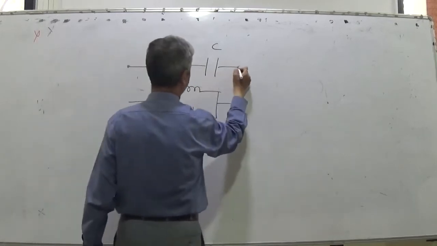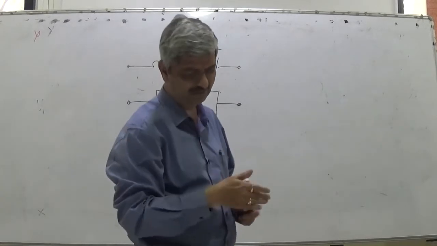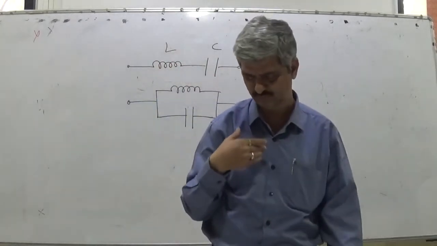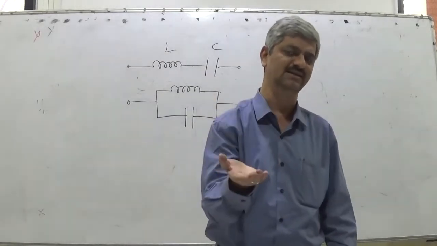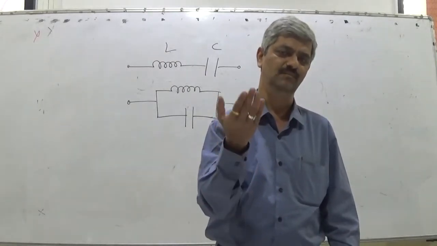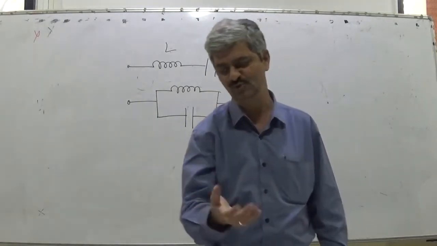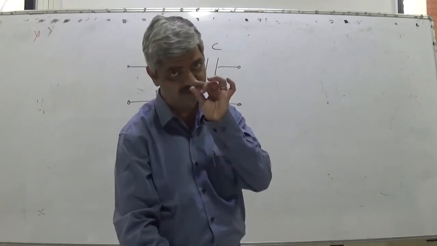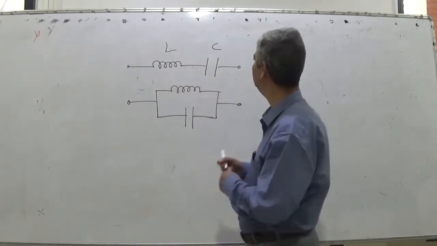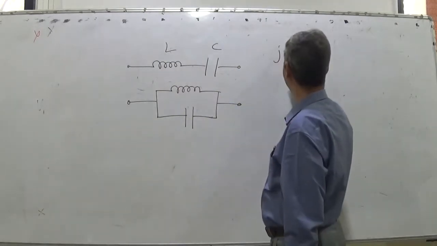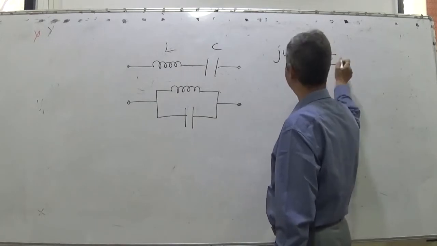So I will explain the theme. Other things are very simple, you can just read through them, so there is no point in discussing something which you can read and understand. Rather, I will explain the crux, leave simple things to you, and move to the next hard nuts in the subject. So this is L plus C, so its impedance is j omega L minus j upon omega C.